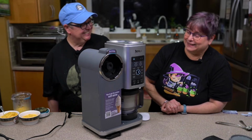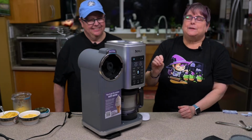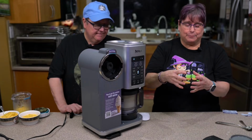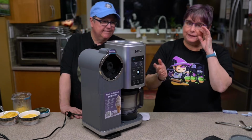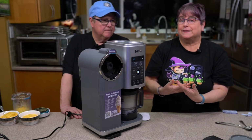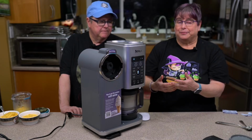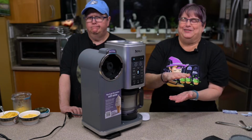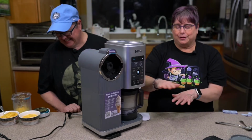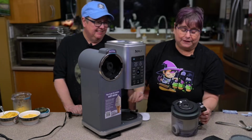Oh my. Okay. So the respin works similarly on all the models, and basically if it comes out and it looks powdery, like this one did not look powdery, you could have scooped this if I was only going to do one scoop or two scoops for me and not give any to Cheryl, if she was running errands or something, then I would just scoop it out and mix it up. But since